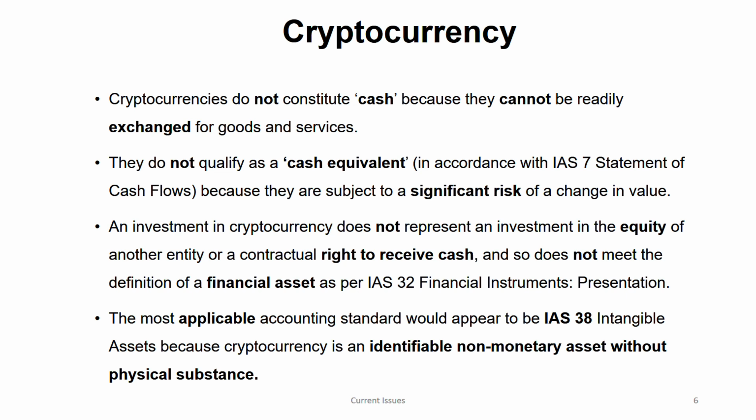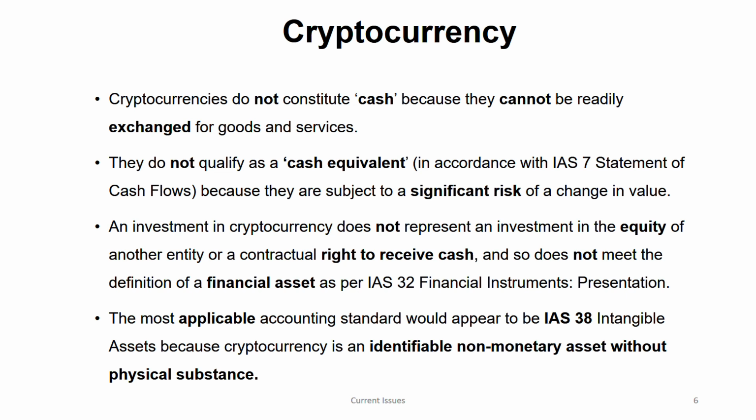So cryptocurrency they can give. It's a very good example. If cryptocurrency is given, the things that you have to write on current issues are very few, not like your other standards that you are studying which are so much detailed. Current issues are very small. If you know the exact points, you can write on it. You just have to be aware of exactly which current issue is given to you. That's it.